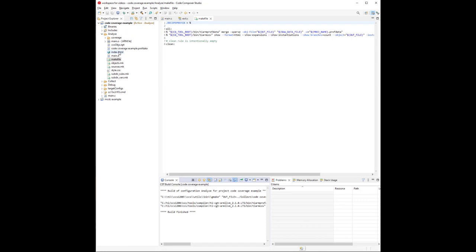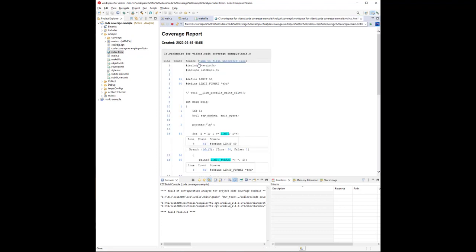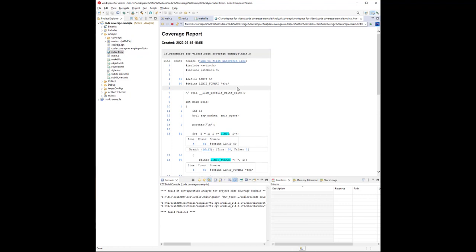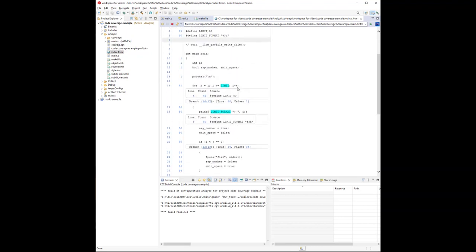Notice that the file index.html and the directory coverage are now present. They were just created by these commands that we ran. So let's double click on index.html. And here's the coverage report. Click on this to see the information related specifically to the one source file in this little toy project, main.c. So this just shows that we dumped the code coverage counters and post-processed them, and now we're looking at the coverage information, all without ever using any of the C input-output functions such as fwrite and fopen.